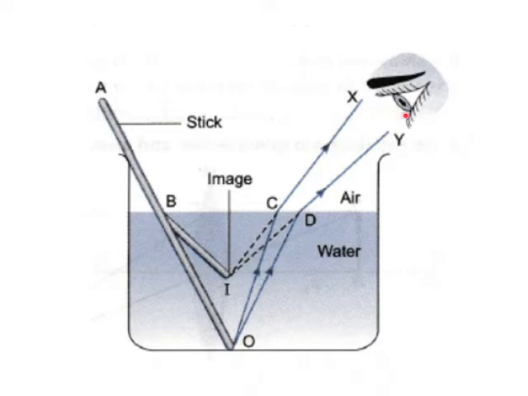For a person who is observing, he feels as if the stick is bent at the interface, or it appears to be broken. So it appears to be broken at this point B, and the part which appears to be broken is this part, that is BI. So this is the place where the image is formed and the person feels as if the stick is broken, and this is the place where it appears to be.